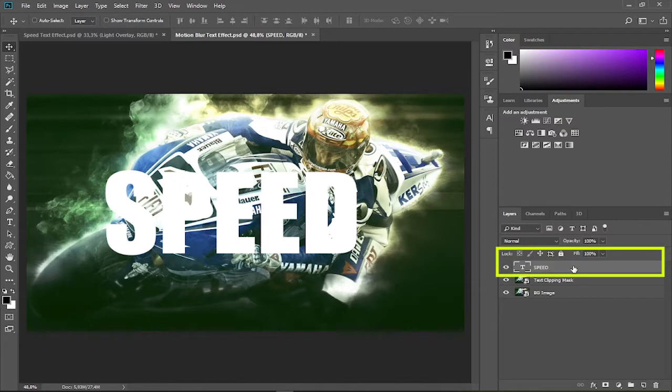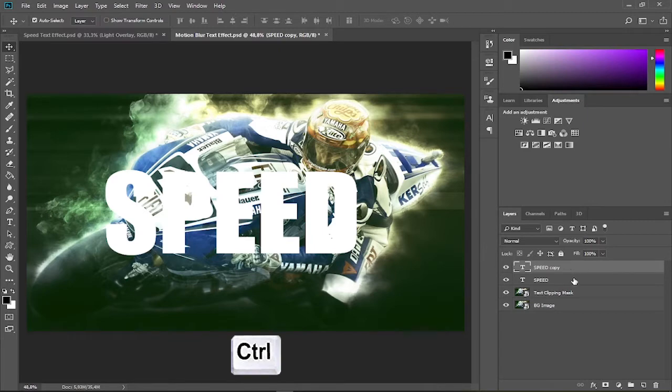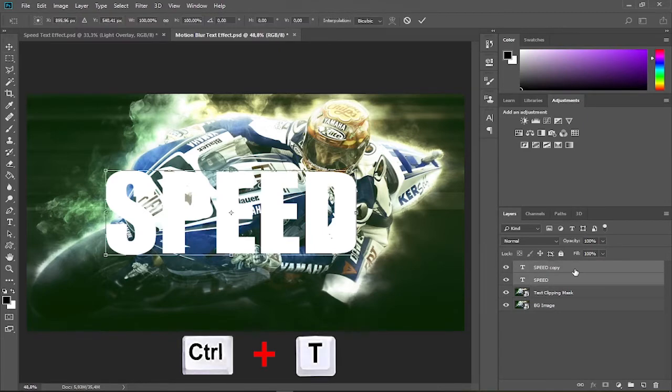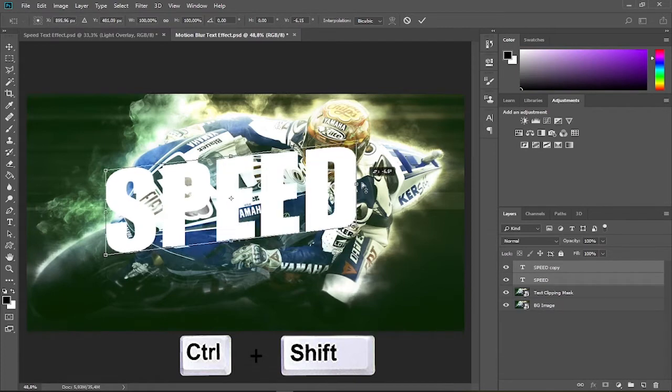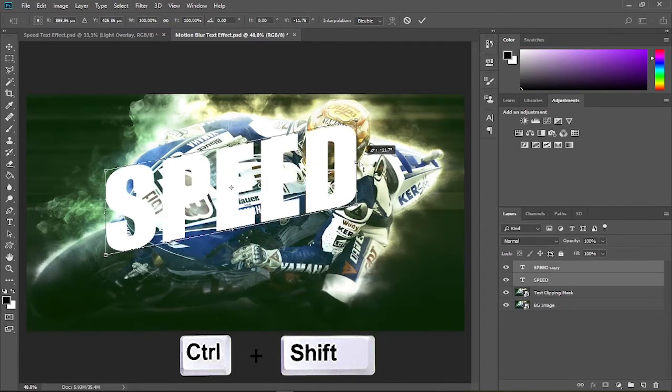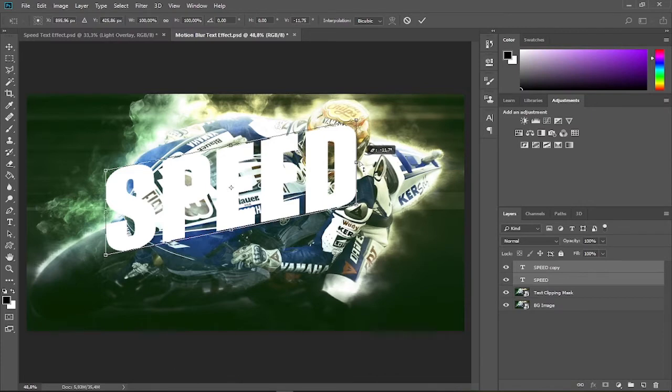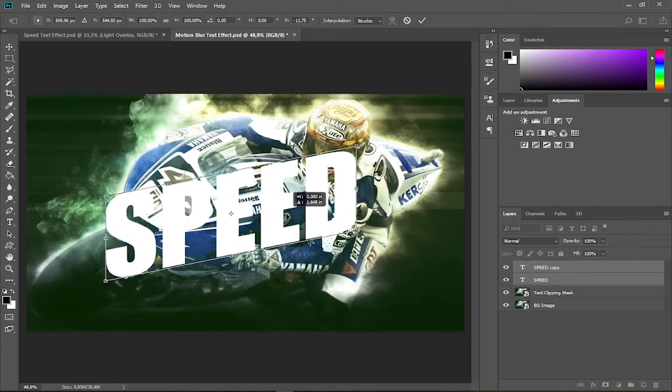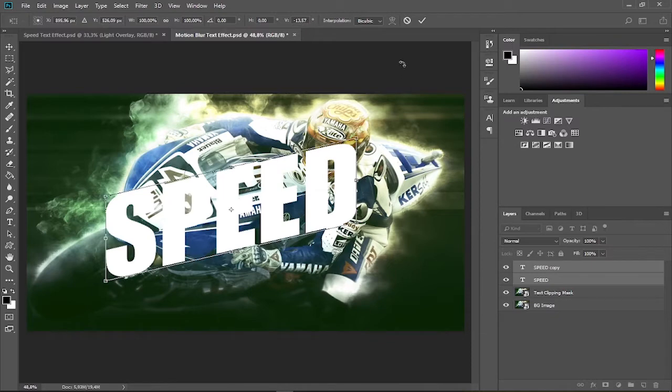Now select the text layer and duplicate by pressing Ctrl J. Then press and hold the Ctrl key on your keyboard and select both text layers. Press Ctrl T and move your cursor over the middle right of the text. Then press and hold Ctrl Shift on your keyboard while dragging the mid right side of the size controller outward to get a text shape something like this. Then release the Ctrl Shift and move the text to the center. If you are done, click this checkmark icon.